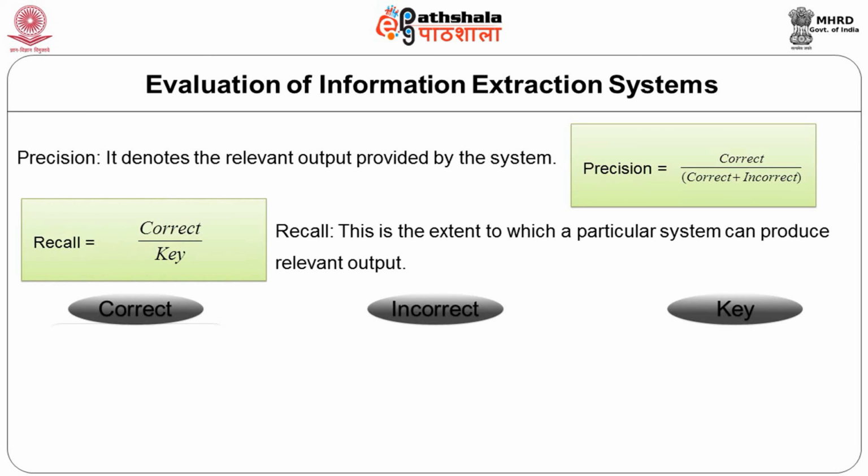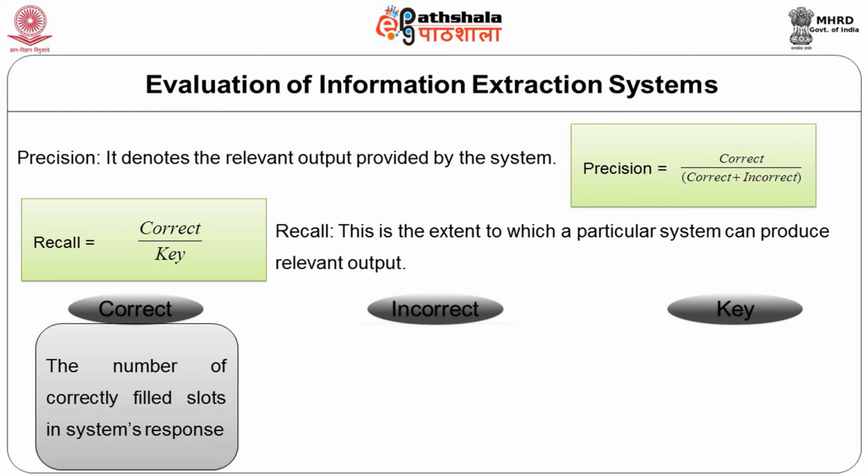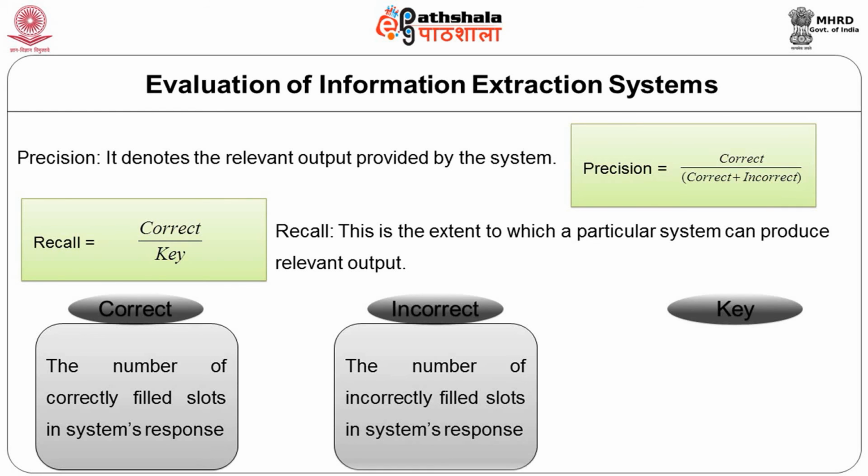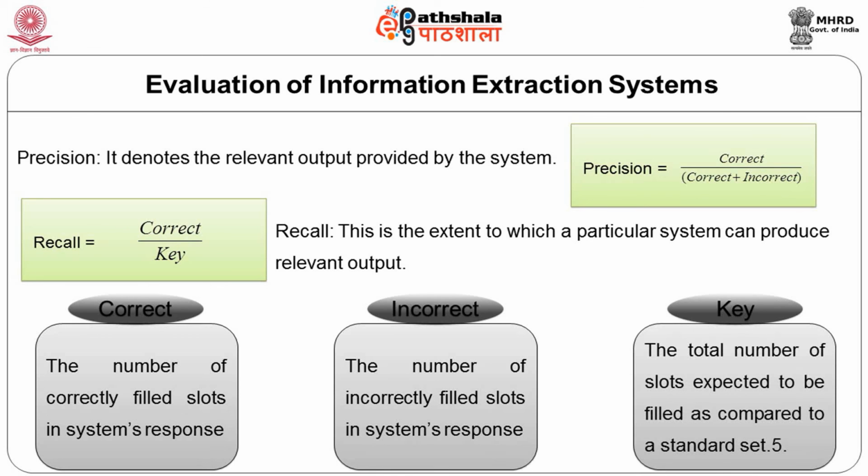This is from standard definitions. Correct: the number of correctly filled slots in a system's response. Incorrect: the number of incorrectly filled slots in the system's response. And the key: the total number of slots expected to be filled as compared to the standard set of 5. We come to the